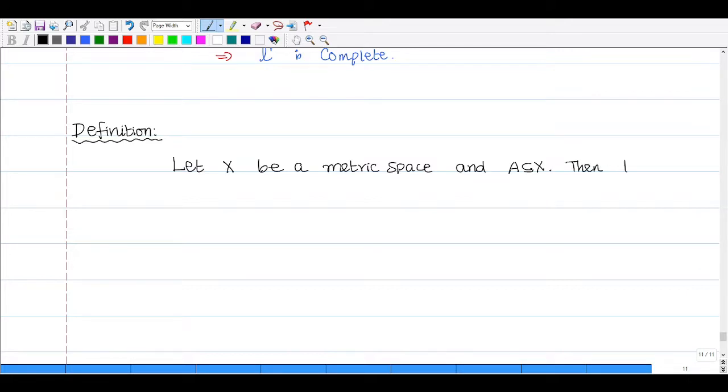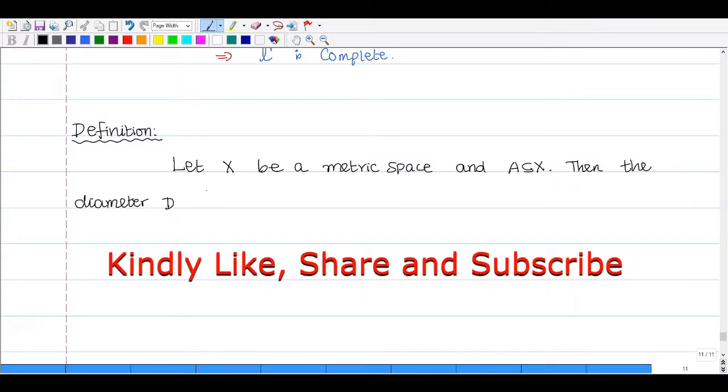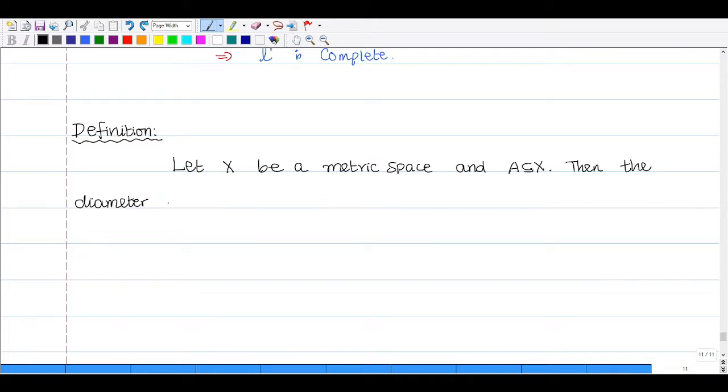the diameter of the set, அது வந்து எப்படி define பண்றேன்னா D. Okay. Otherwise I will write this below. Okay. Diameter of A, that is diameter of A is defined as